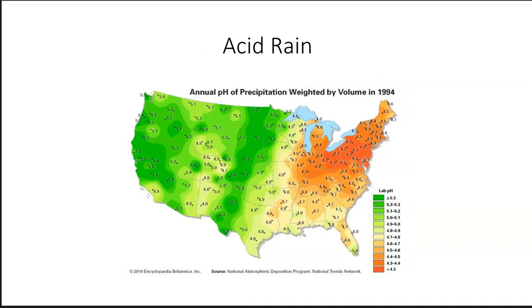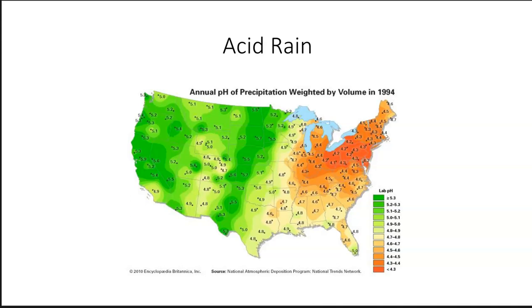In 1994, this is kind of what the pH or the acidity level of rainwater looked like around the country. Most notably, you'll notice that the East Coast had the most acidic rain, and that is primarily due to the burning of coal for power plants there. So it does contribute quite a bit to the acidity level of the rainwater, and